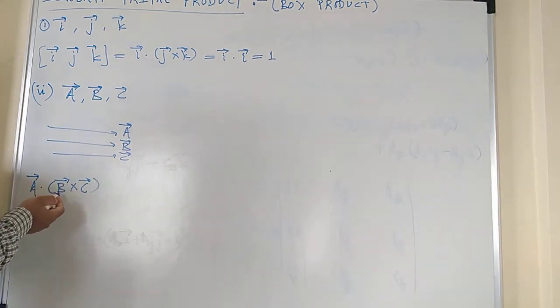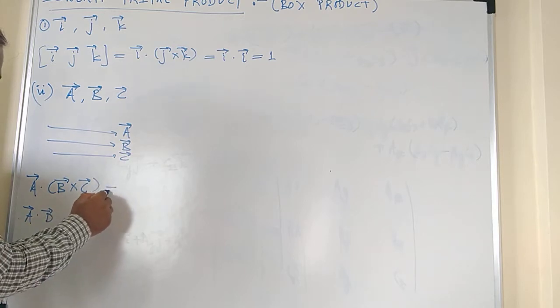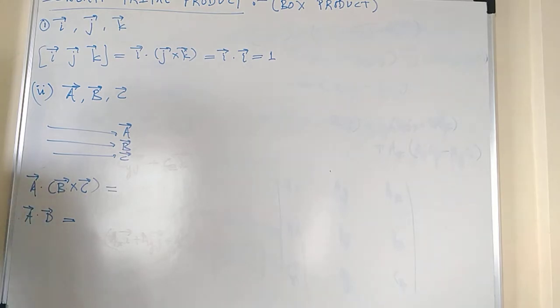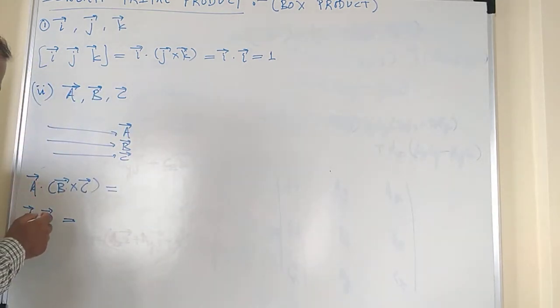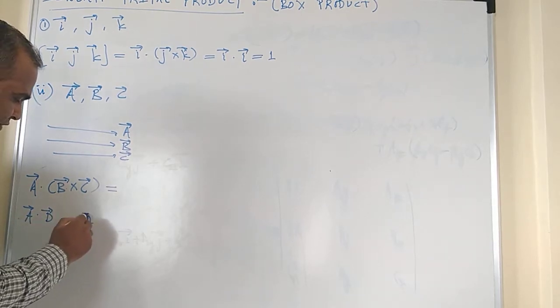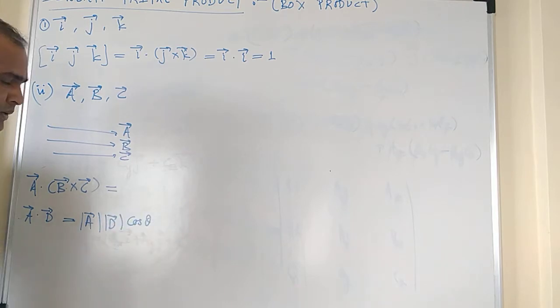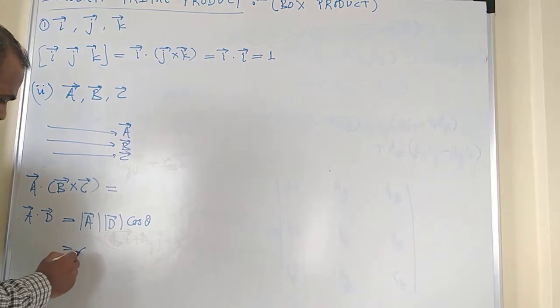If you take the scalar triple product a bar dot b bar cross c bar, then what does it mean? It means that this cross product of b bar cross c bar is one more vector, let us say the next vector. So this vector is perpendicular to this vector, but they are in the same plane. Got it? And therefore a dot b bar is what? Magnitude of first vector into magnitude of second vector into cosine of the angle between them. But cos 90 is equal to 0. So therefore this is equal to 0.